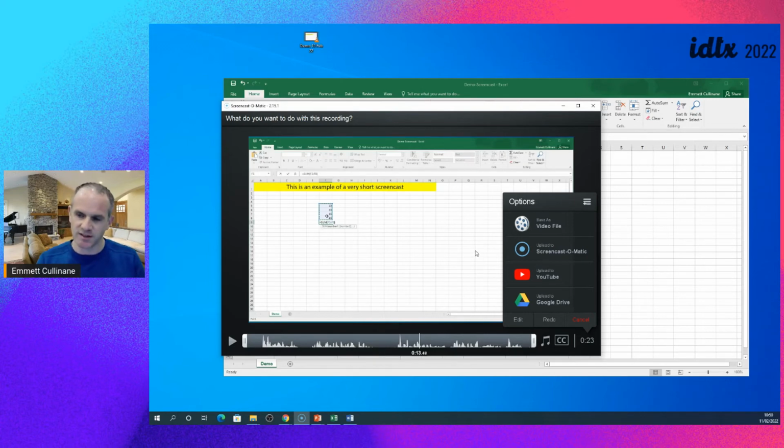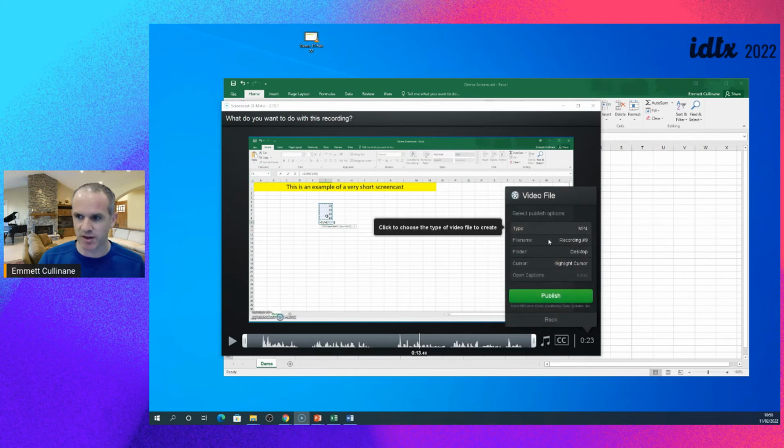So as I said, the best step to do now is you just save this. Again, if you have the paid for version, when you click on edit, you can go straight into the editor. But for the free version, there's kind of an intermediary step. So we'll save this as a video file. So I'm just going to save it onto my desktop. Okay. So I'll call this